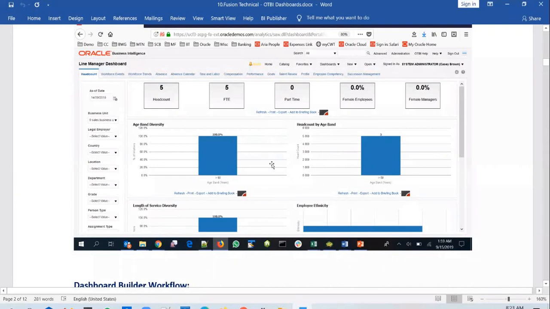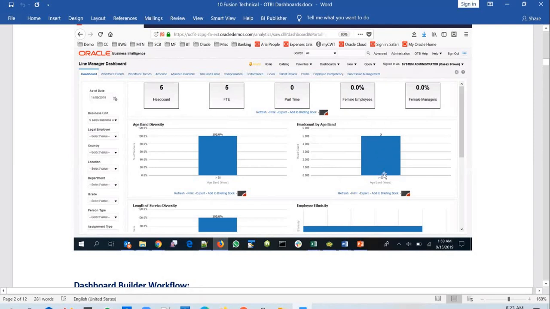But in most of the scenarios, they might ask you to make changes to the existing dashboards. Say, for example, if you have seen this, they might ask you to make some changes to the existing dashboards, like change the default value applied on a dashboard prompt, or take out one of them from the dashboard prompt, or change the way a particular report output is getting displayed.